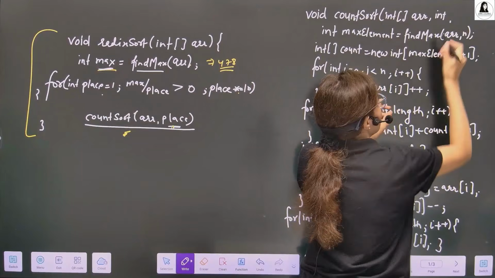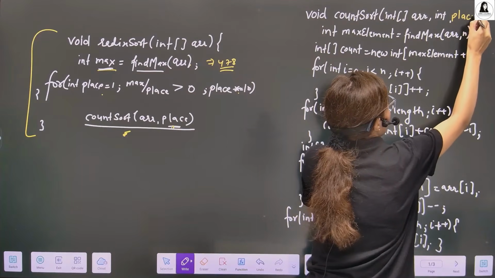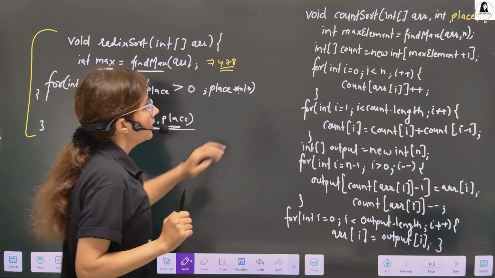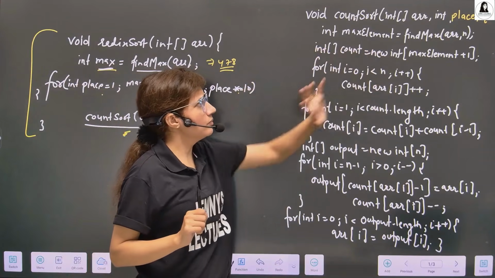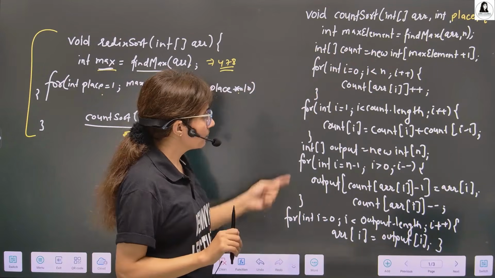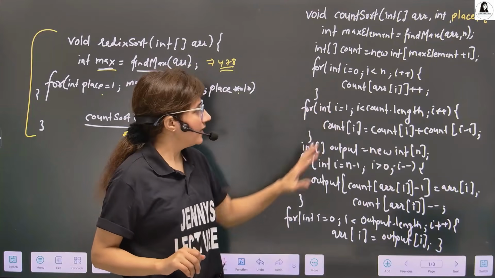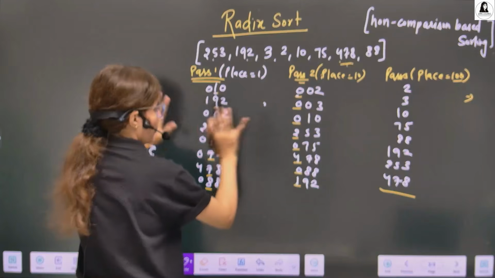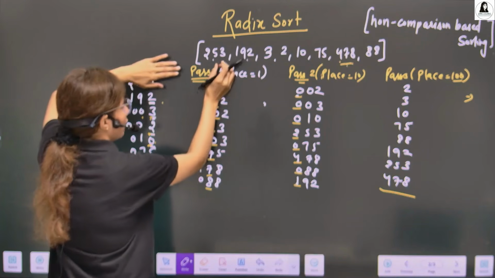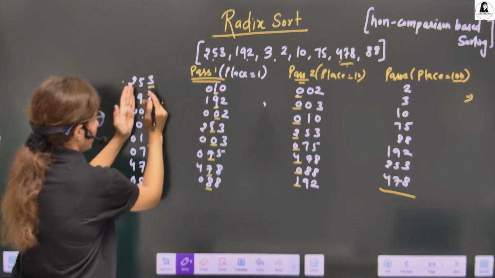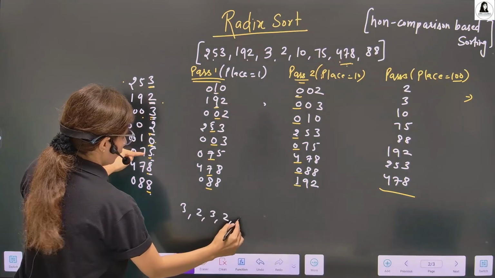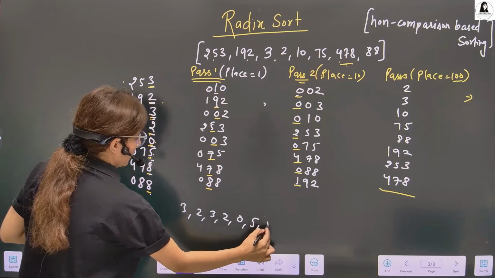Or let's change here with this color so that you get to know where we have changed. So the variable name I have taken place. Now no need to find out maximum element here. Okay, now let's see why I'm saying this. In count sort, what happens is, suppose let's take now fetch this 3, because this is my digit. So let's take 3 2 3 2 0 5 8 8.